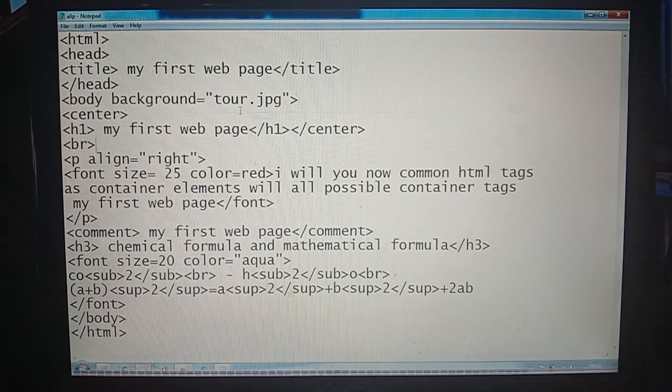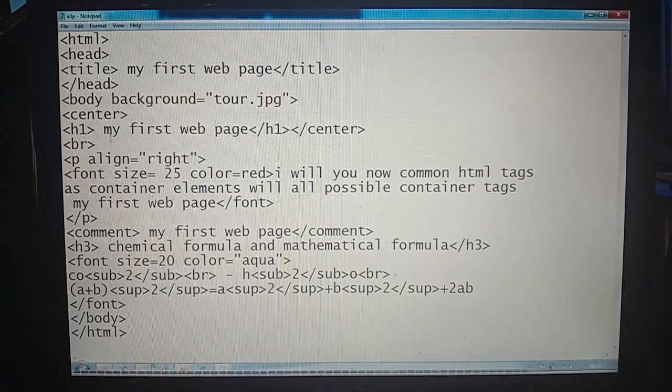Students, please keep in mind where you save this file. Either the picture should be in the same place, or you give the particular location of the picture. Only then will this background work, otherwise not. I have given 2.jpg.